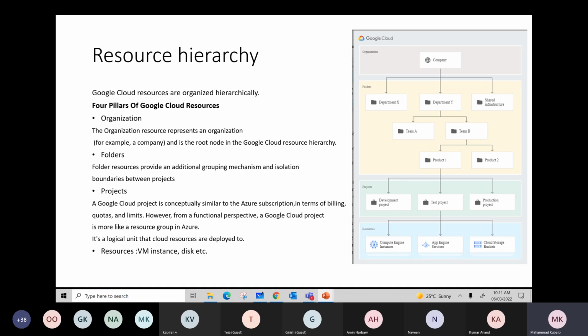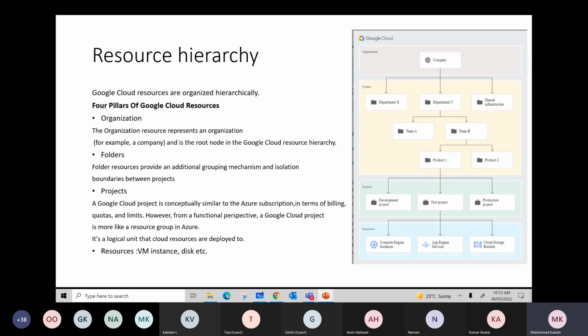Okay, so for example, if you define owner at the project level, but at the organization level you define read only, then the read only will inherit. It will take precedence over the role which you defined on the project level. Okay, so this is similar